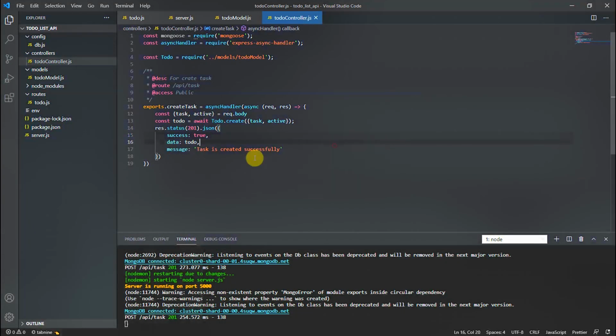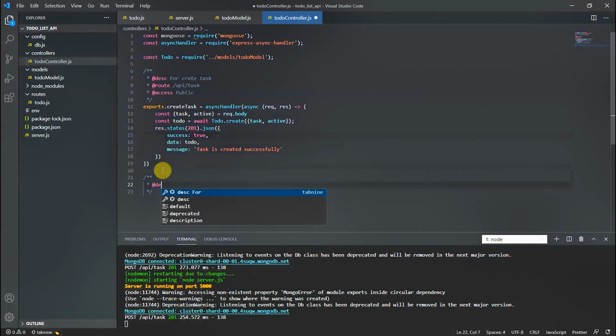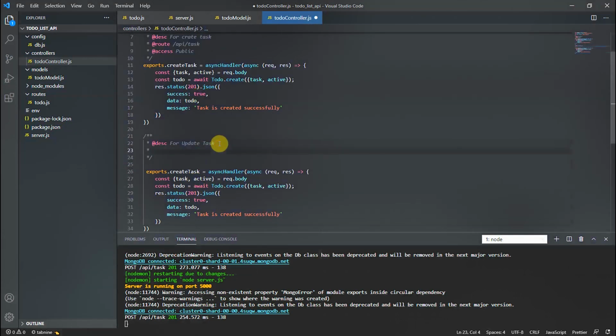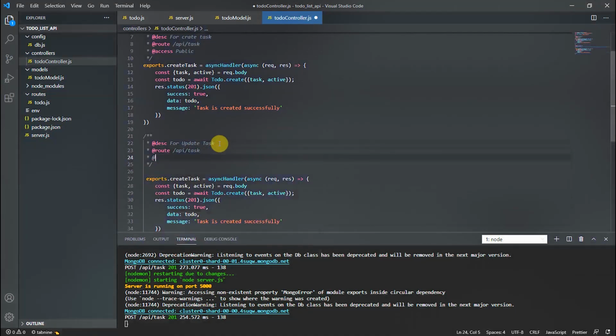So create is done. Next we will move to our update. For update task, I just copy this function and that route is also the same, and now this access is public now.